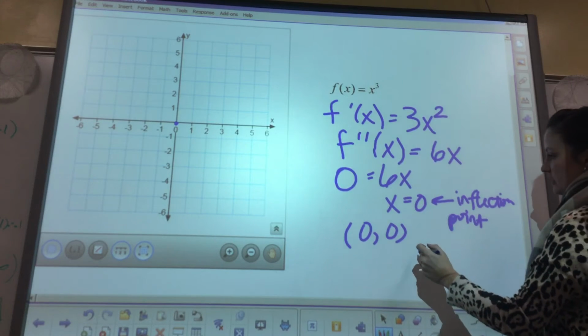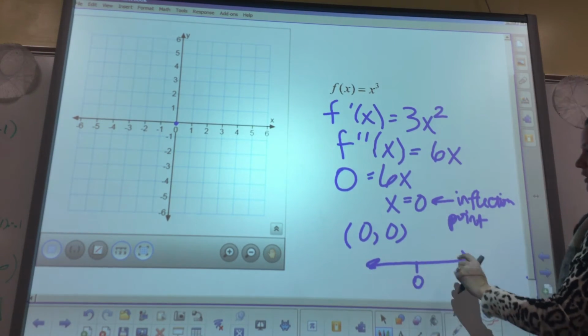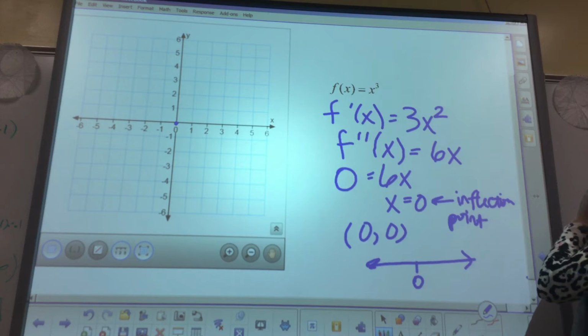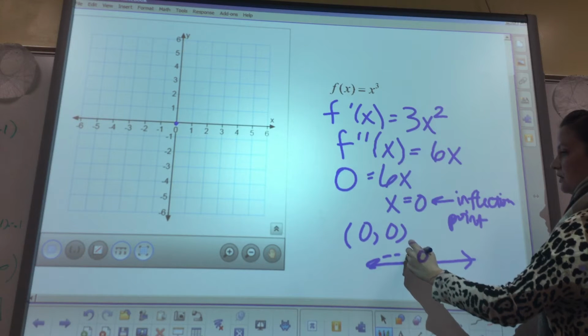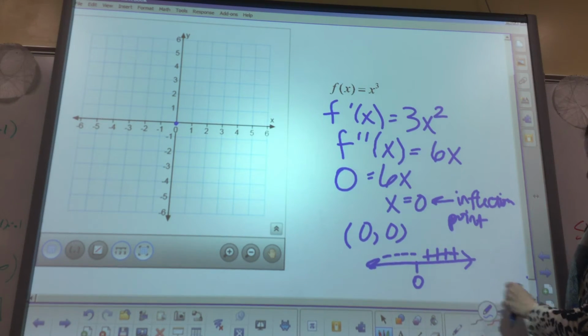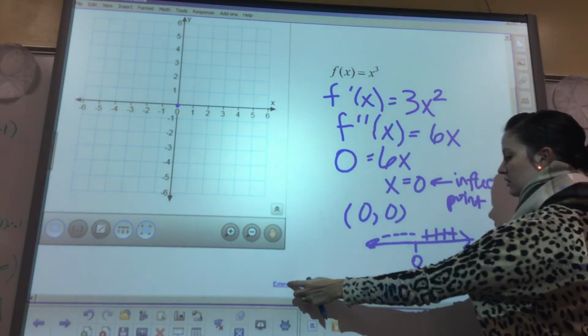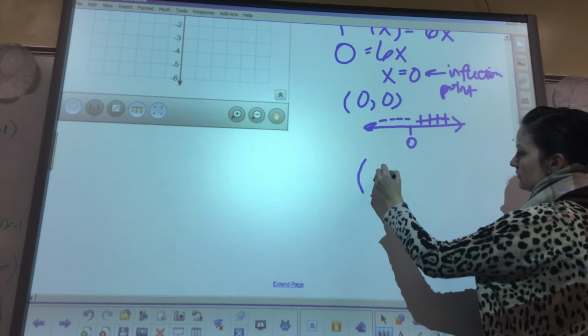Now if we did our sign analysis from 0, if x is less than 0, 6x will be negative, positive, so it is on the interval from